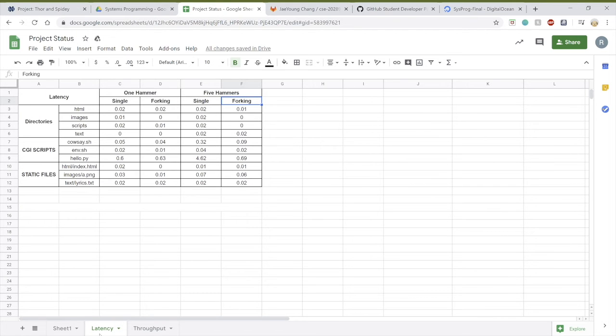So here you can see our tests for latency. On the left, you can see the different files we use. So for directories, CGI scripts, and static files, we just chose some random files in each category to test. Here you can see our tests for just 1 hammer, single and forking mode, and 5 hammers, single and forking mode. So each data point shown in the graph is the number of seconds taken for an average of 10